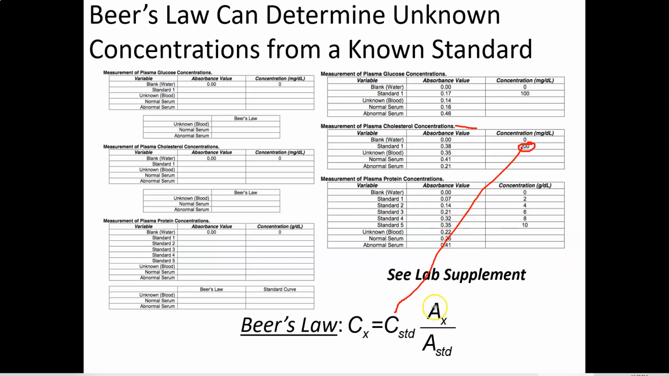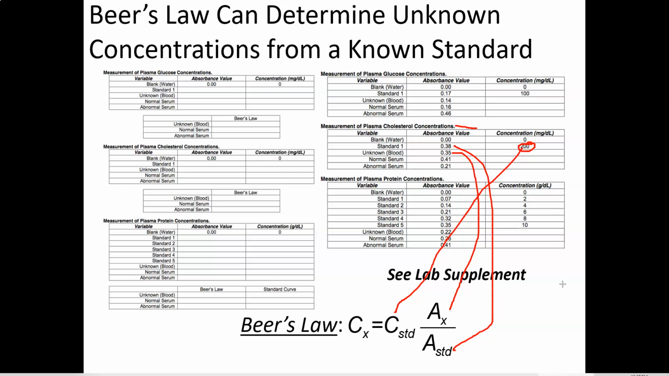I need to know the absorbance of the unknown. Here's our unknown, 0.35. That goes there. And then we need to know the absorbance of the standard. We can see that from the table at 0.38. So I find it easier to do the fractions first, although it doesn't matter mathematically. So 0.35, the absorbance of X, divided by 0.38, the absorbance of the standard, times 200 milligrams per deciliter,